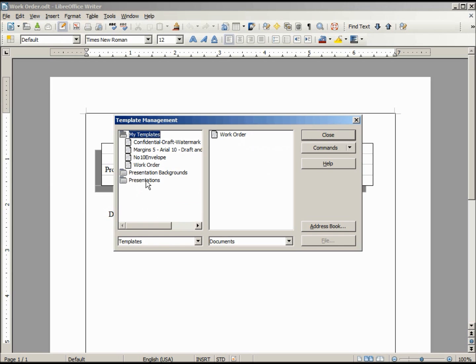I need to click on one of these other folders, any one of them, right-click, New, and I can add a new folder. We'll call this one Maintenance. And we want to move the work order to the Maintenance folder. I just drag and drop, and there it is.